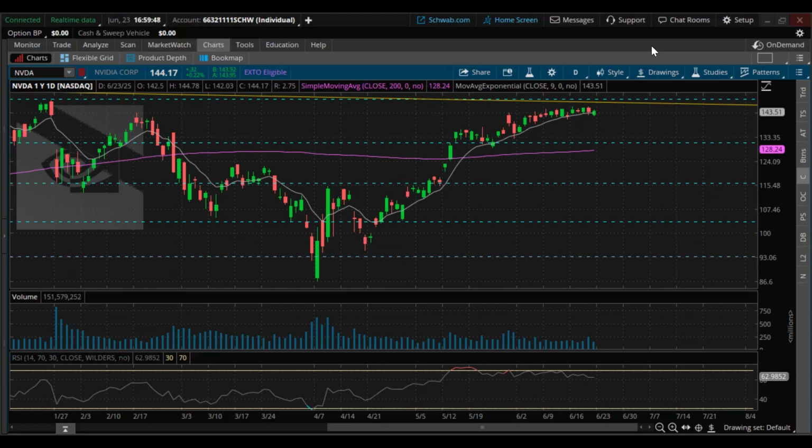But again, like I mentioned before, nice day overall because you had that pullback and everybody just ate it up and then recovered on it very nicely. So that is good news for the Bulls in here. Bears, you almost had your chance to tank this thing and kick some volatility in, but it looks like you guys got caught in a bull trap. So we'll see what happens for the rest of the week going forward. This thing is going to be very reactionary to the markets, to news-based things like that. So be careful in here. But all in all,